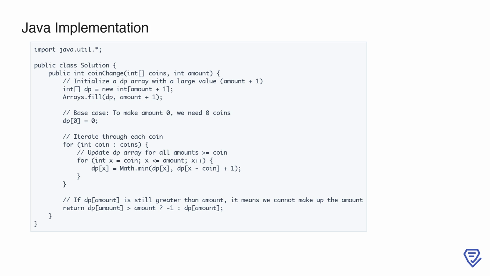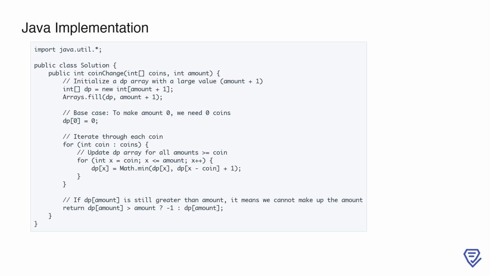Key differences include the use of Java's Arrays.fill for initialization, type specifications for arrays and variables, and the Math.min method for comparison. The solution handles the base case where the amount is 0 and iterates through each coin to update the DP array. If the amount cannot be made up, the method returns -1, otherwise, it returns the minimum number